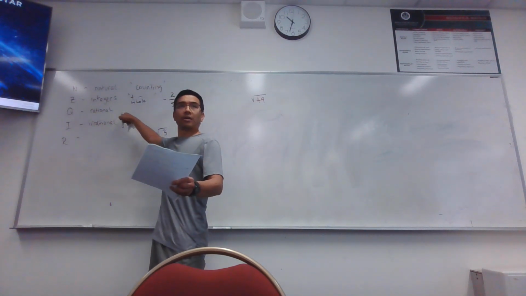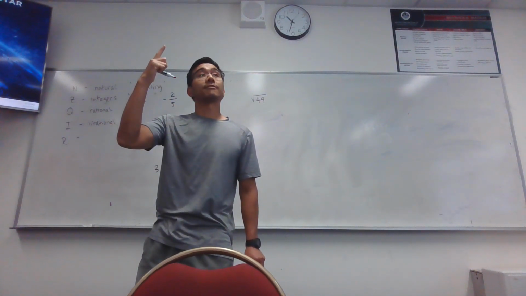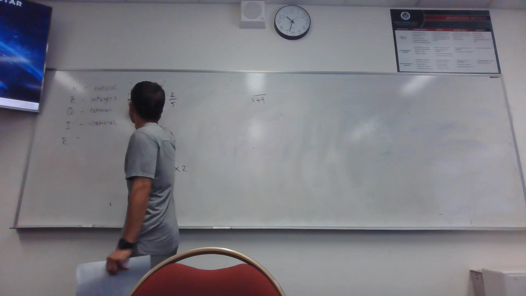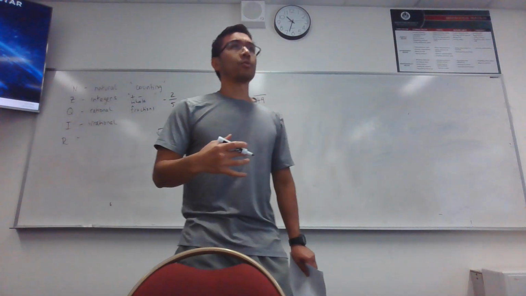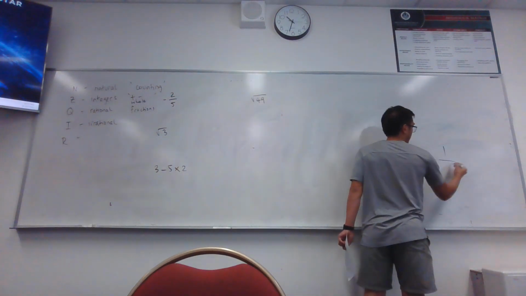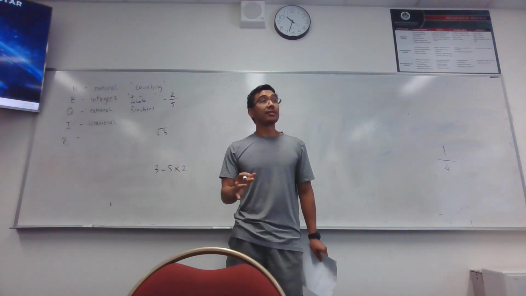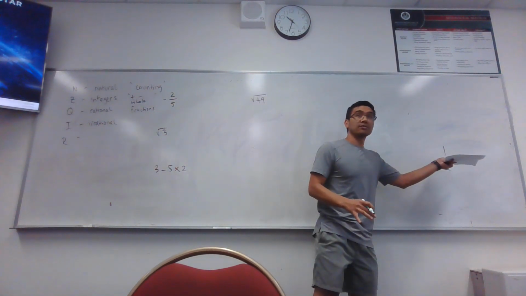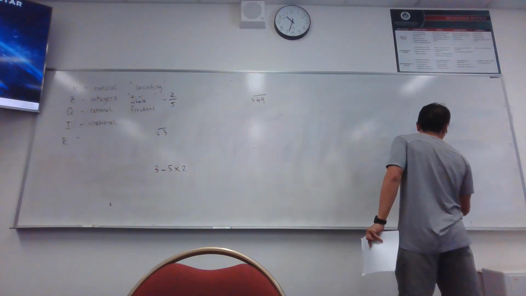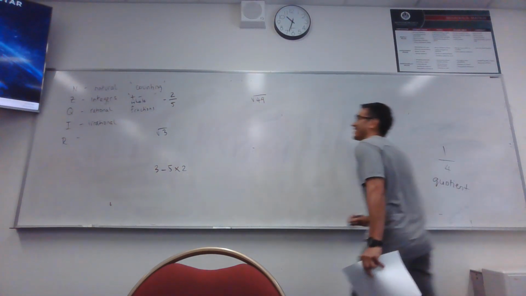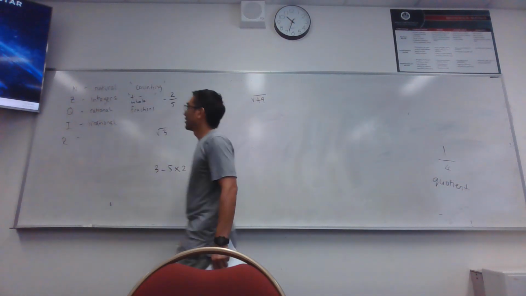What type of number are rational numbers? What are they related to? They start with the word F. Fractions. They can be written as fractions. Well, what's really a fraction? It's a division. What's another word for division? Quotient. I think that's why it's Q. I don't know for sure, but it could be right.